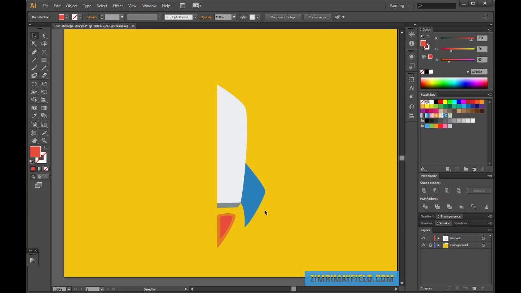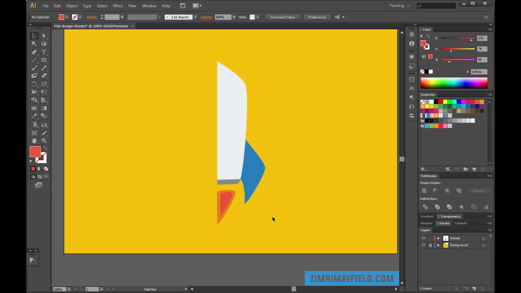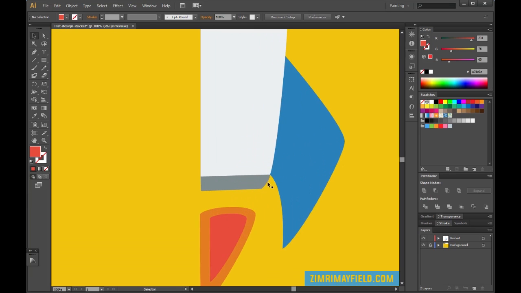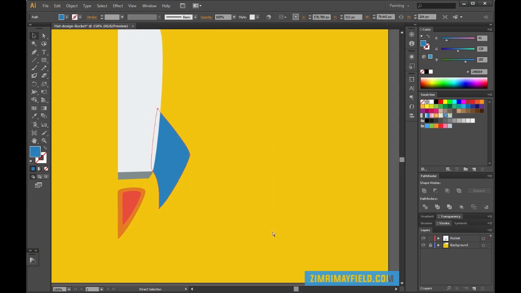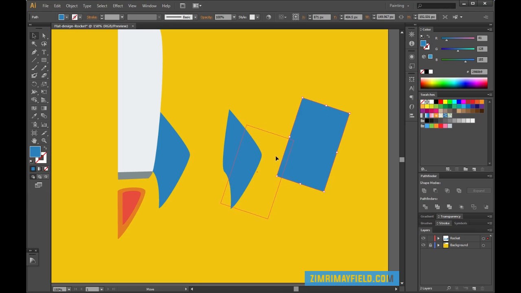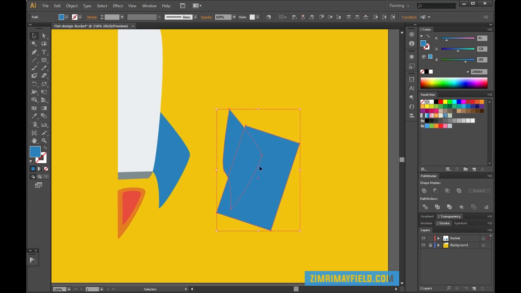Let's add some details, shall we? What kind of details do we want to add? Well, let's make a shadow here. How I like to do this is I like to copy this, paste it over here. Then, this might be weird, but I like to get a shape, rotate it, make it a bit bigger. Now, I can select both of these,